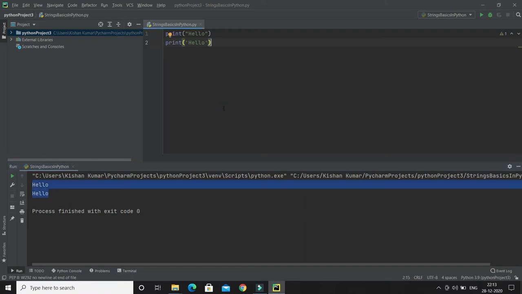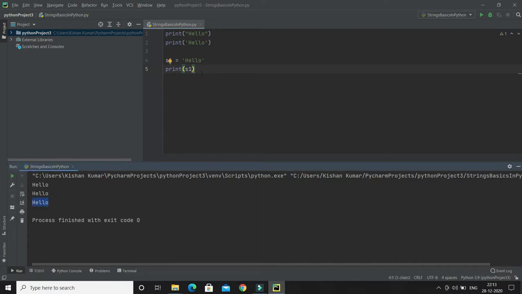Now how can we assign a string to a variable? Assigning a string to a variable is done with the variable name followed by an equal sign. Let's say I would like to assign this hello string to some variable so that later I can refer to it. So I will give the variable name, equal to, and that string. Now s1 is currently holding hello, and of course you can print this value. Instead of hard coding this string literal, I can access variable s1, which is currently holding hello. If I run it, you can see hello printed easily.